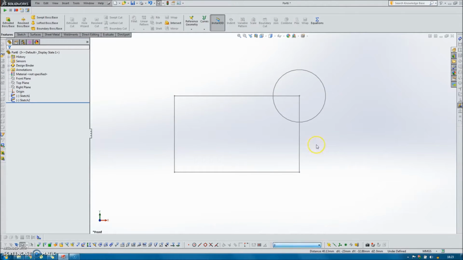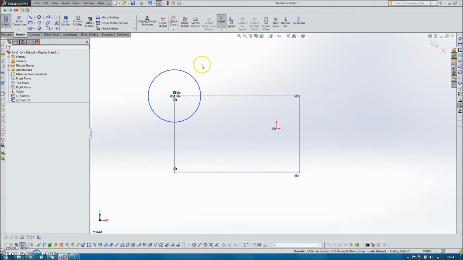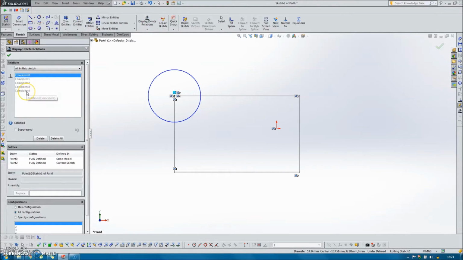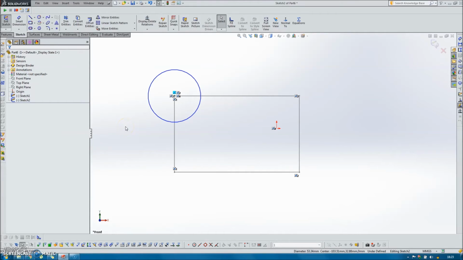So I find it's best to suppress all the relations that you'd like to change and then just add the unsuppressed state back in afterwards. I don't know if that makes sense. It just becomes very confusing otherwise. So anyway, that's the reason. As I say, this technique, I've been aware of it for a while. It's useful, I think, sometimes, but it's always been a nightmare trying to work. But this workflow